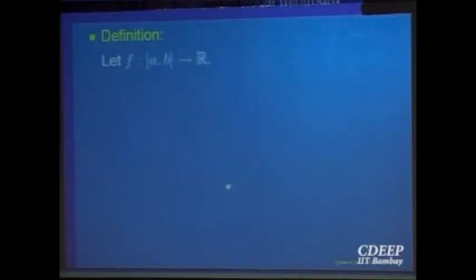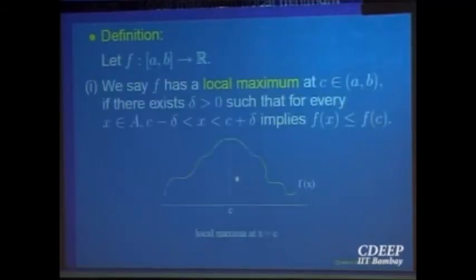So now once we have defined increasing, decreasing, we can define the concept of what is called local maximum of a function at a point and local minimum of a function at a point. So we say c is a point in (a, b), but be careful, I am writing c in the open interval (a, b) here. I am not looking at the endpoint, so I am looking at the point c which is in the open interval (a, b), and we are saying this is a point of local maximum if I can find a neighborhood of this point, c minus delta to c plus delta,